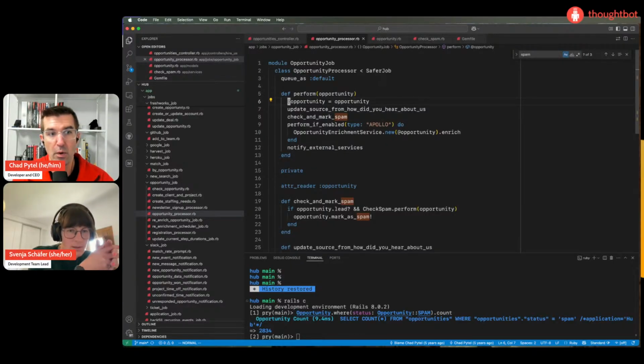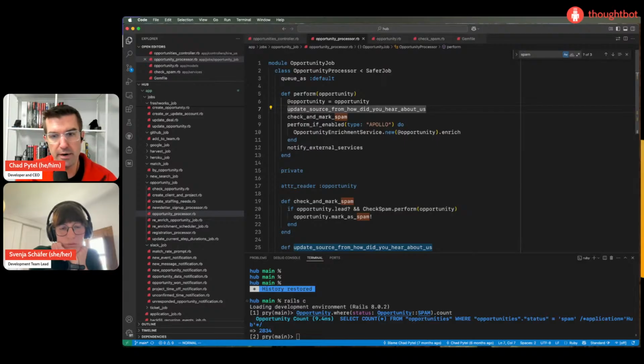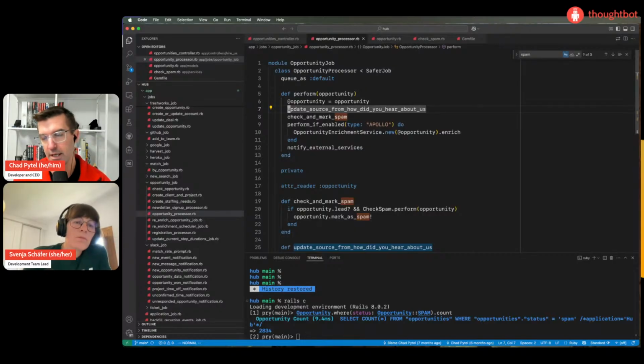I think we want to generate an embedding for all opportunities. When a new opportunity comes in, we're going to find other similar opportunities, and if those similar opportunities are spam, then this one is likely spam. Okay. Got that.